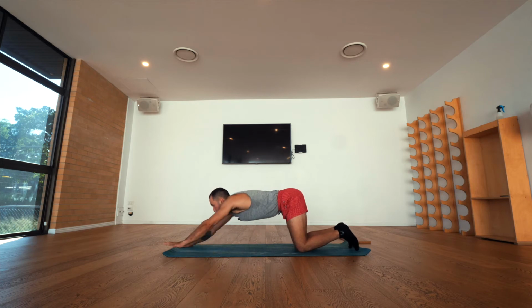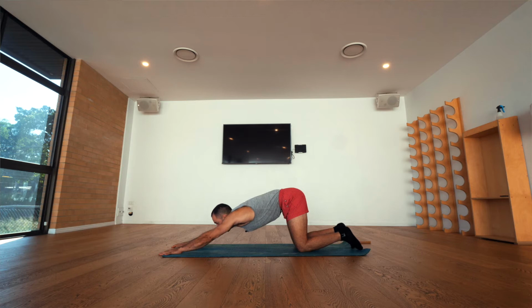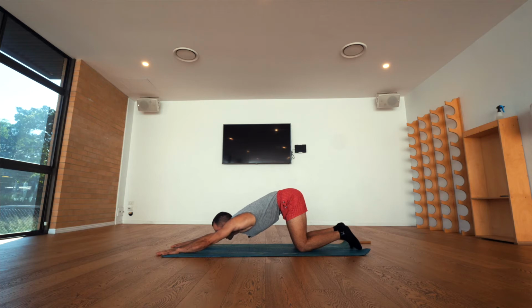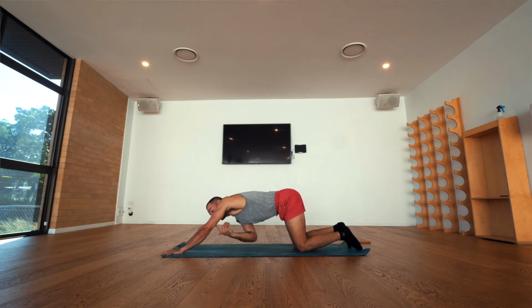I bring the hands forward, ground down through the base of the hands, straight away lengthen through my tailbone, keep the lower back active, and I bring my armpits slowly towards the ground. So you notice that this is not a stretch where the bum is up. In this one, the length exists towards your tailbone. The middle back is active, but the upper shoulders are inactive, and you're slowly pressing under the armpits towards the mat. So you should be getting that sensation of the straight line all the way from the top of your